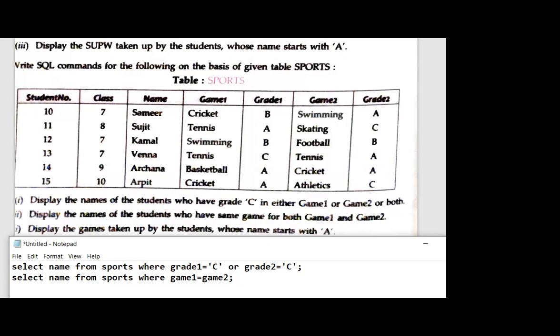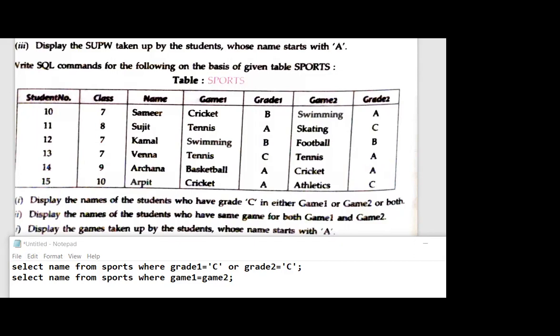Yes, Naman, correct. Naman, your answer was correct.